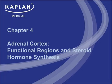Our next section is the adrenal cortex. The adrenal cortex is very challenging for most students. It's long, has a lot of numbers and enzymes, complicated. It's really like studying 3 chapters in one, because the zona glomerulosa acts like a different organ than the zona